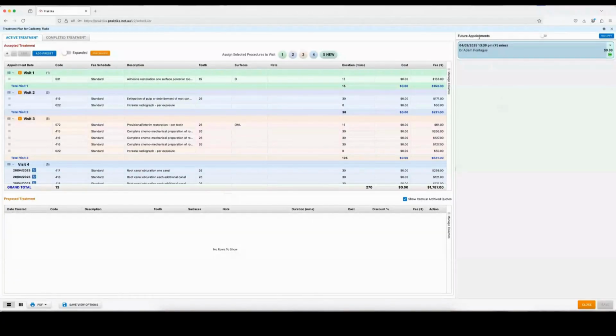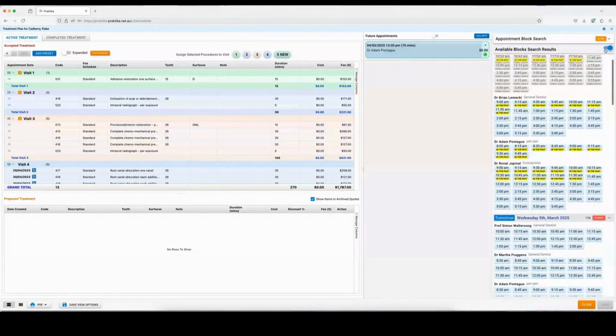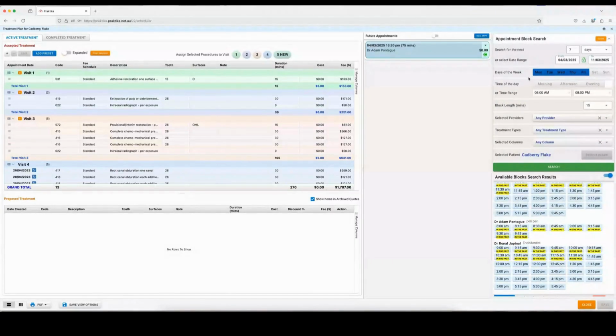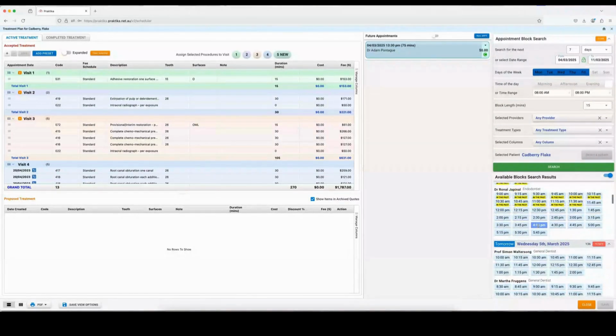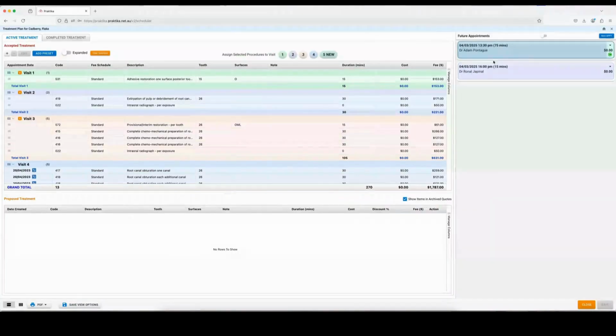Now this is showing all future appointments for this patient. You can also create new appointments from this same screen by using our appointment block search. So this will bring up your block search. It's telling you what appointments are available based on the parameters that we have set here. So we can click one of these, and that has created that 15-minute appointment that we need for that patient. So to close out of this block search, hit close on the top right hand side, and we've got our